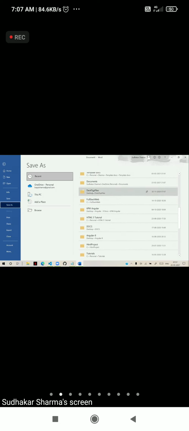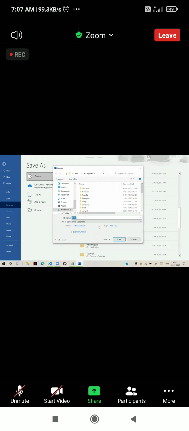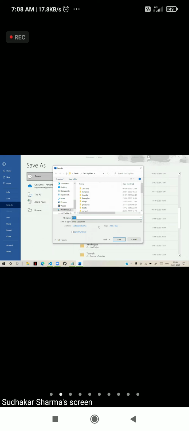On the desktop, it is asking the file name. I just gave hello, and see the save type. Generally, MS Word files are saved with the extension DOC or DOCX. But when you design a file in MS Word, it can be saved as a web page also.